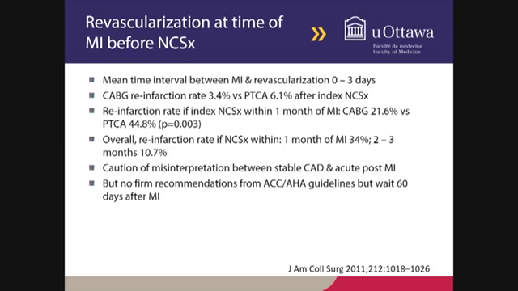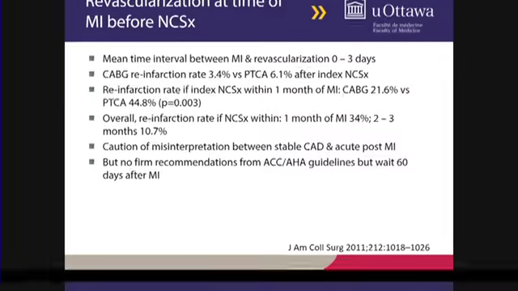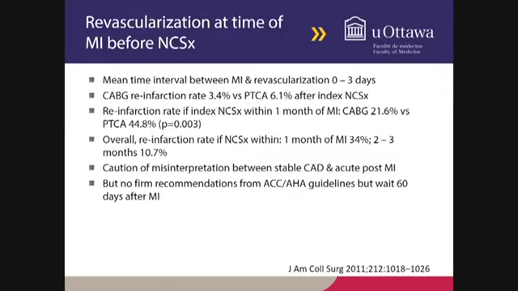And so what does that mean? Well, that means, number one, we should delay the surgery to 2 months if someone has an acute MI and then they have to come for surgery. At least 1 month, if at all possible. It also suggests that maybe if someone has an acute MI and you have to do a procedure, a CABG might be better. But the evidence is still just one study, maybe still weak, and certainly the Heart Association did not put that out as a recommendation. They highlighted that there's something there that we need to look at.